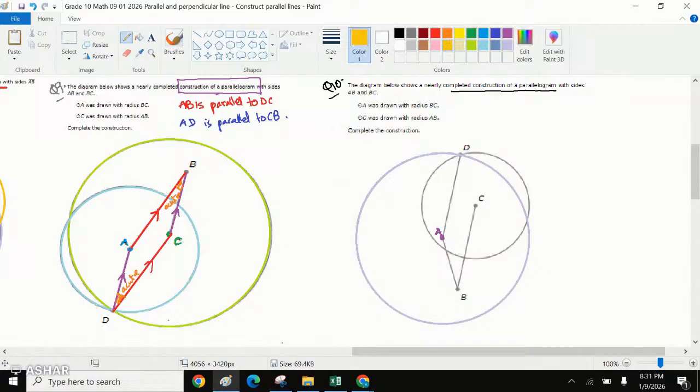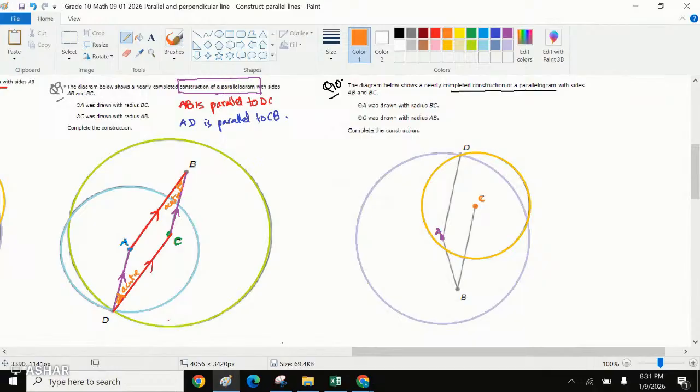What about the second circle? We can say the smaller circle, the center would be point C. Sorry, this is here and this is here, right? So the center of the smaller circle is point C. Agreed? So in order to draw a parallelogram,